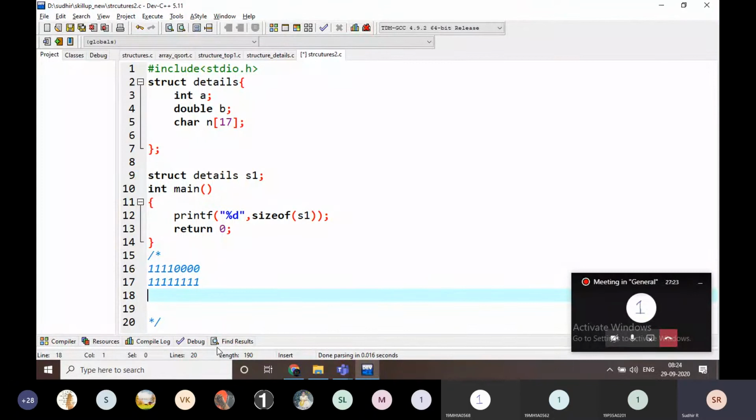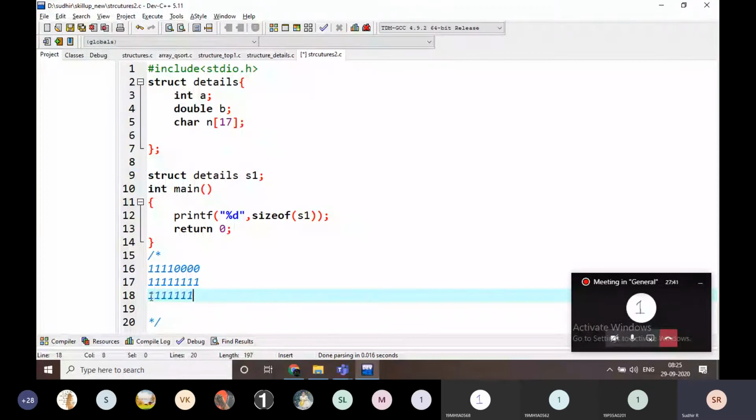Then these are the characters, right? Characters we can cut into a number of pieces. That means the first one is a string. It contains 17 characters. Each character has a unique size.